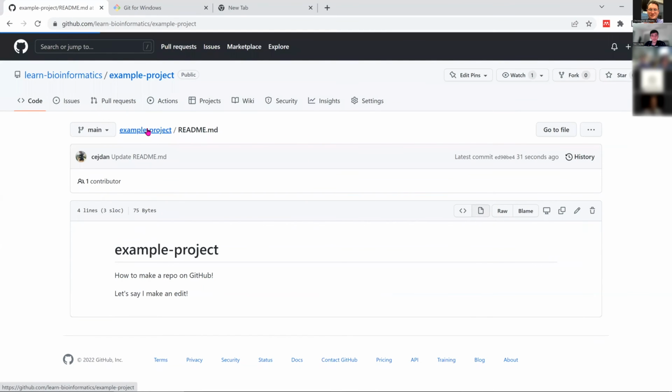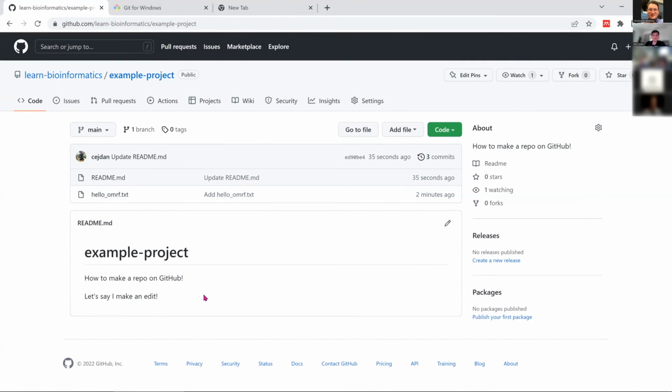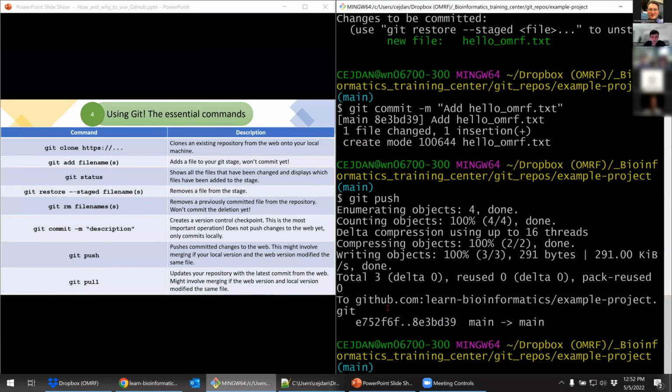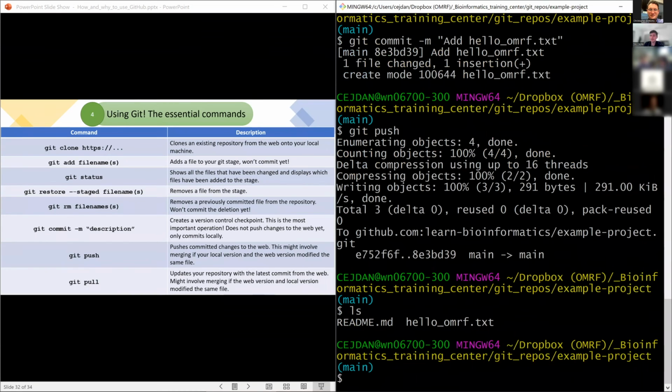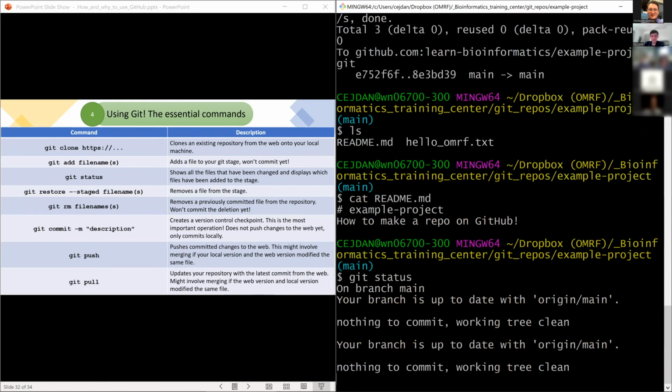All right, so now we're back. This file is now not the same as what we have locally. If we go back here and look at our files, we have our two files, readme.md and hello.txt. Cat will print the contents of the file. If we look at this, it is not synchronized. In other words, this file is out of date compared to our remote. So if we do git status,